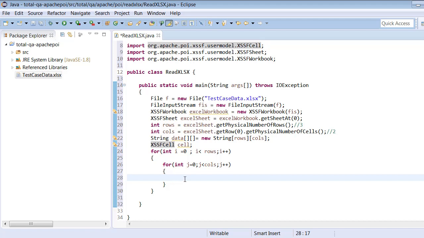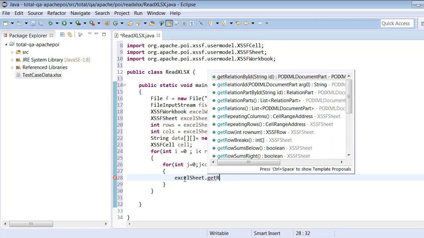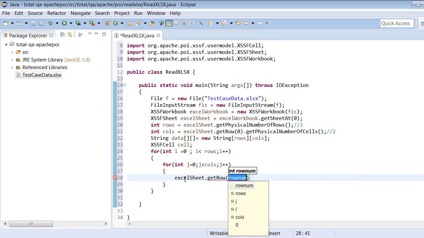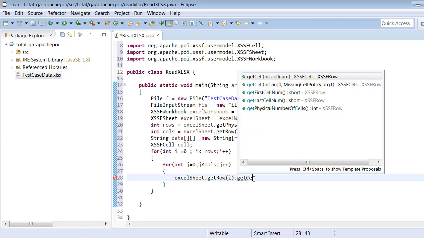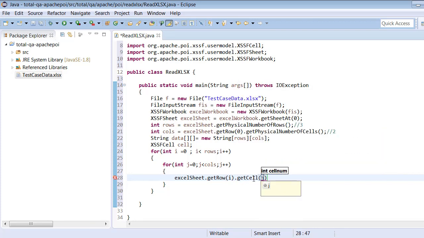For fetching the content of the cell, what we need, we read a row index and column index. So excelSheet.getRow(i) and getCell(j). So this will be helpful for us to get the particular cell. excelSheet.getRow, the row index, and getCell, the column index, to get a particular cell which is available in the row index and column index. We get the cell now,